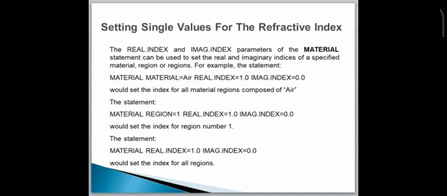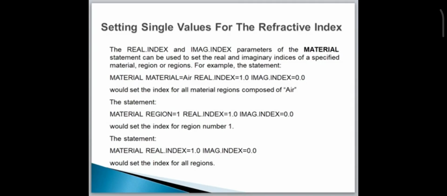For example, this statement: material air reflective index real dot index is 1 and the imaginary dot index is 0 would set the index of all the parameter regions composed of air. The statement material region 1 will set the real value of the reflective index 1 and the imaginary value of the reflective index is 0 would set the index for the region number 1, and the